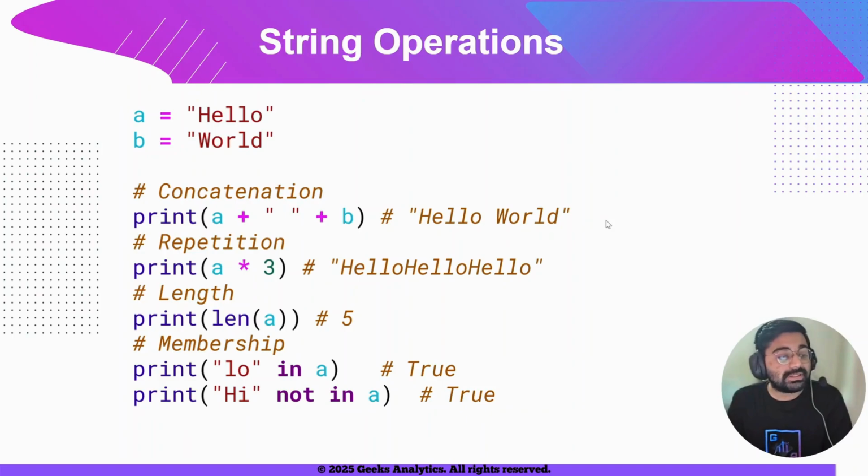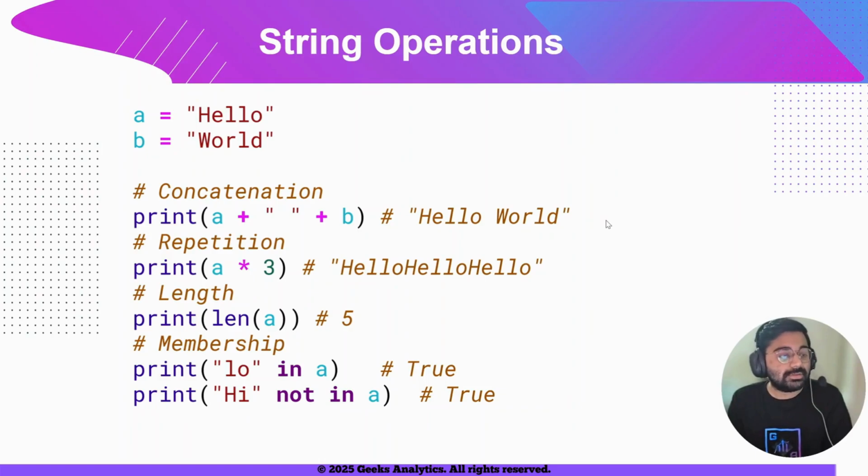So let's say for print, LO in A. So in hello, does LO exist in the same pattern? And do they occur in A? So if yes, they occur, the output would be true. So here as LO occurs at the end of hello in the same way as we have written, so the